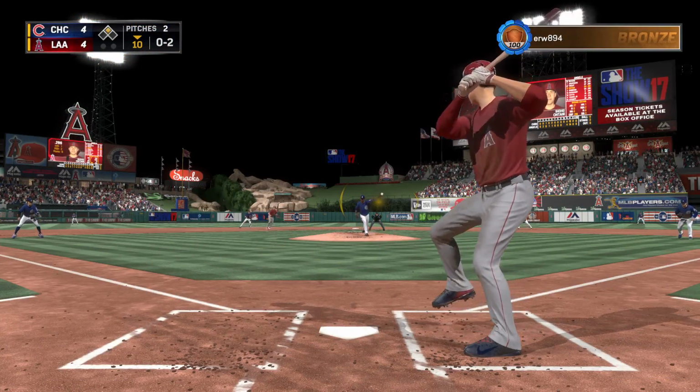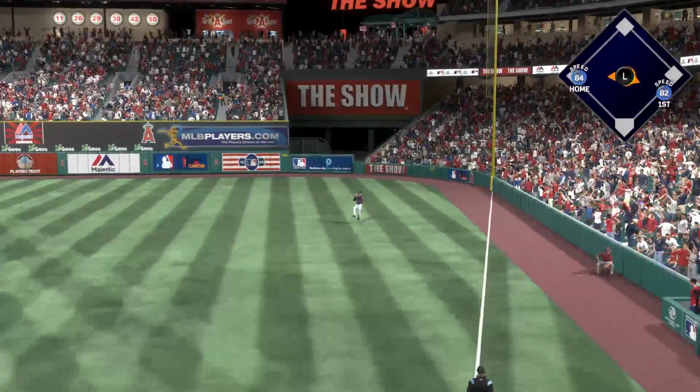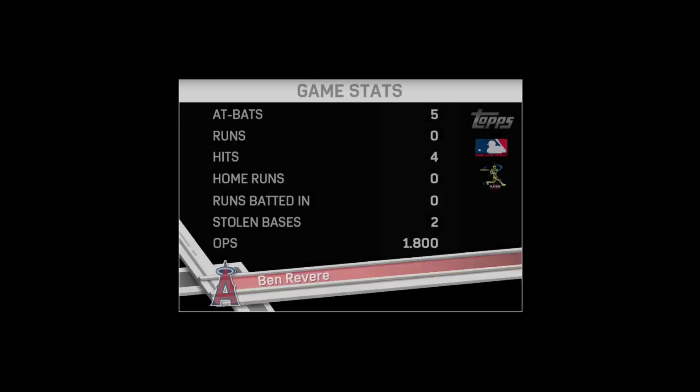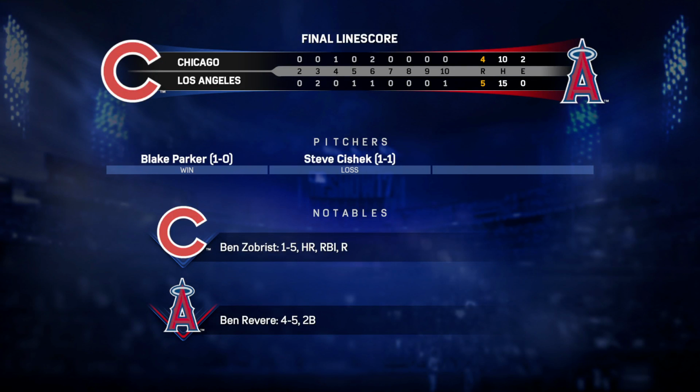Now the 0-2 pitch. Now a line drive into right field. It's a base hit. Trout heads for the plate. And he is in there. And they're going to walk off as winners. They've taken it here in extra innings. So the lineup really...